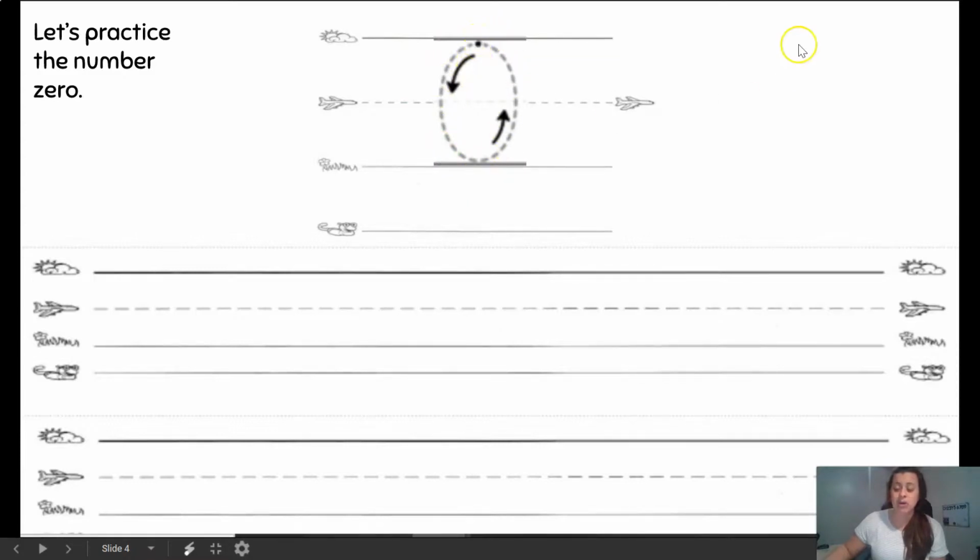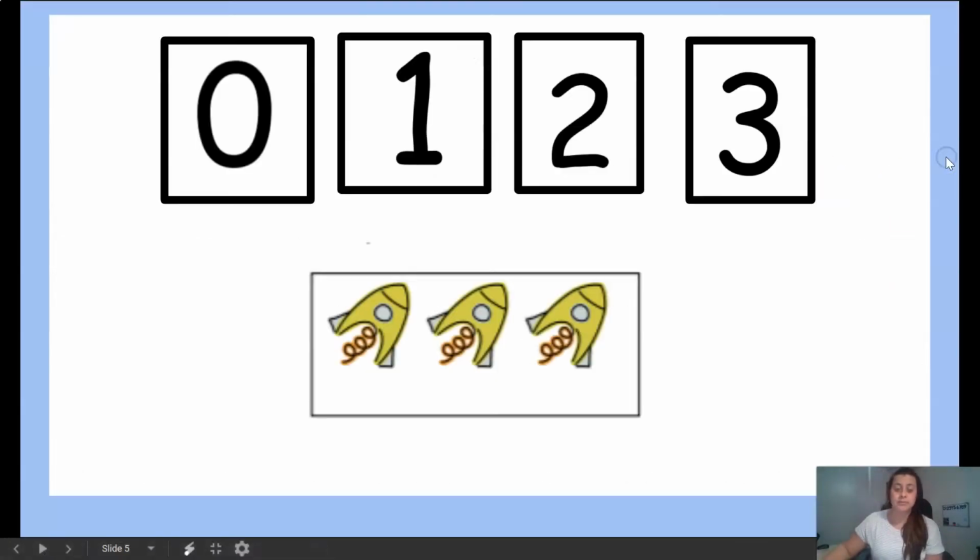This is how the number 0 is written. Your teacher's going to pause the video and you're going to practice the number 0. All right, remember, the math word for none is 0. When we have 0, it's